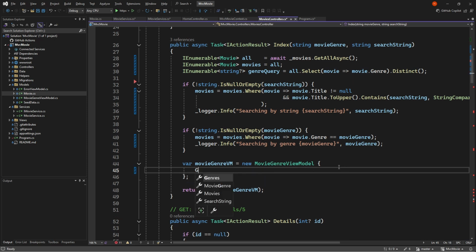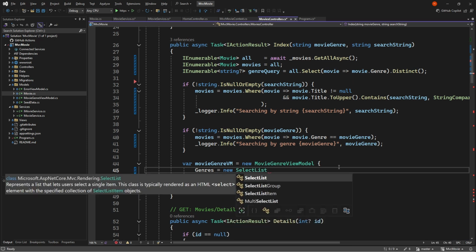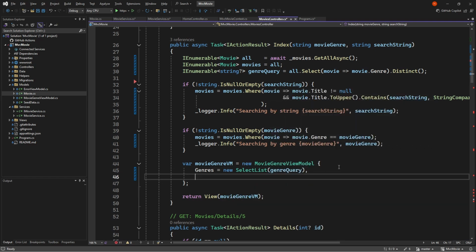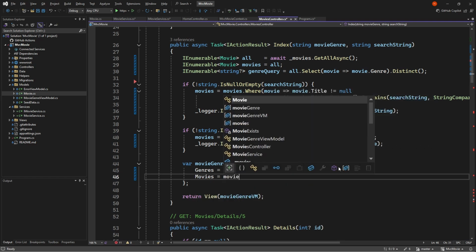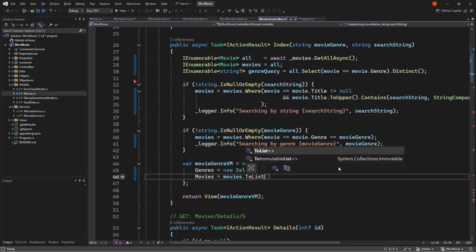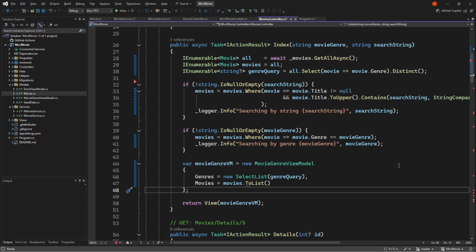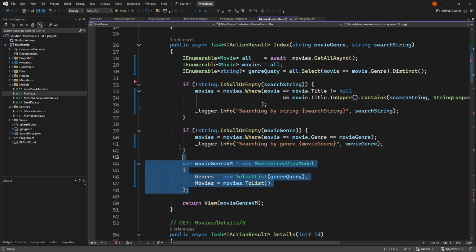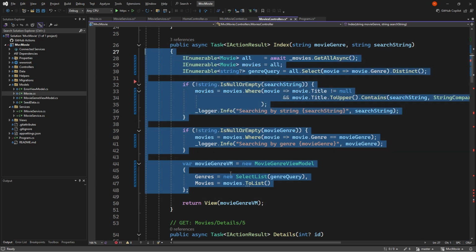The first is genres, and this is going to be select list genre query, and then the next one is going to be movies to list. Very good. Okay, so our index method is good to go, and we're ready to move on to our details